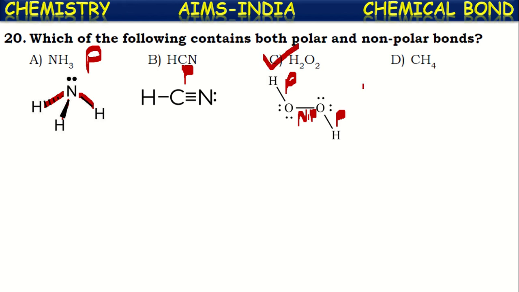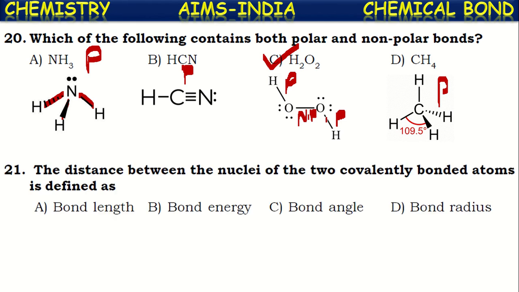If you observe a methane molecule, here also the four covalent bonds are between dissimilar atoms, and hence these are also considered polar covalent bonds. This is the only molecule with polar as well as non-polar covalent bonds. Okay. Next,